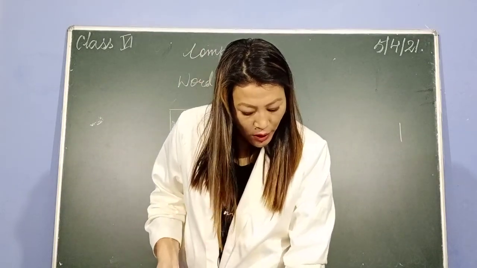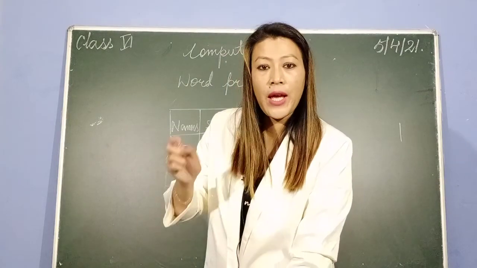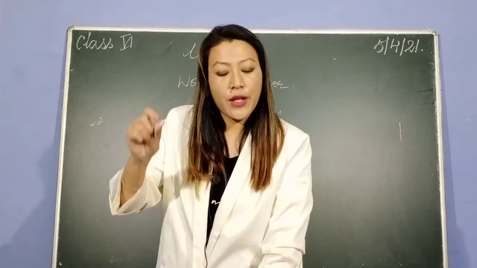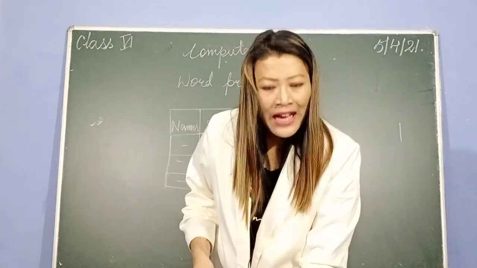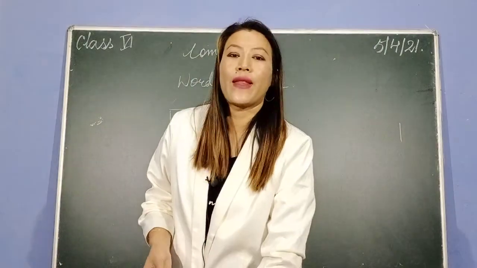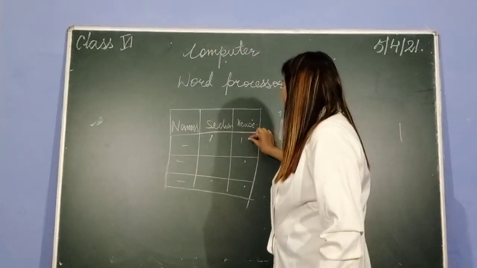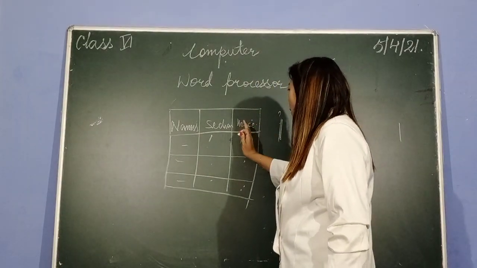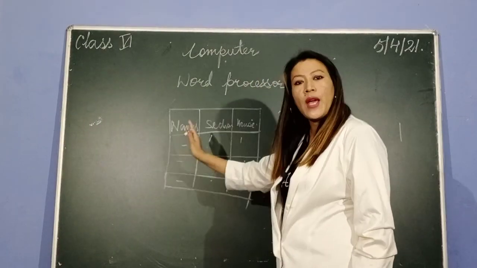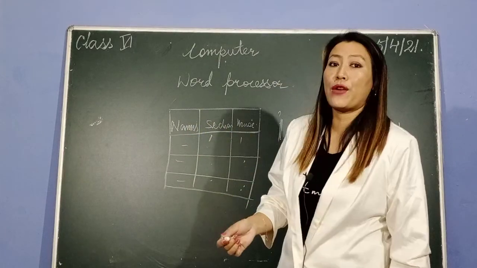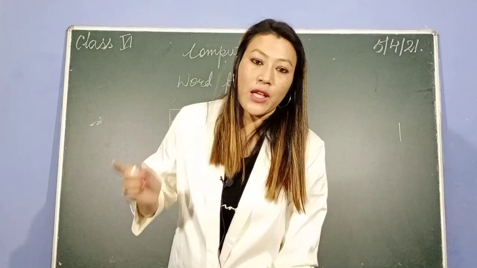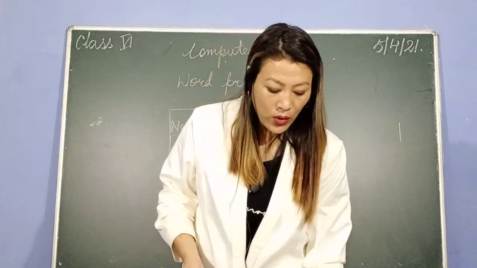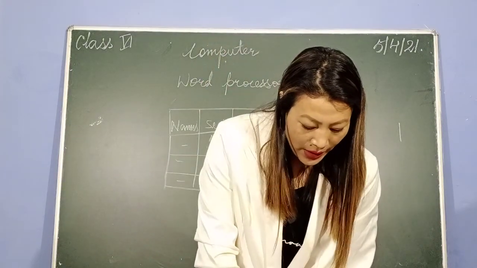The drop down menu with the table grid appears. From there you have to select the rows and the columns. So here 1, 2, 3, 4 rows and 1, 2, 3 columns. The number of columns is 3 and the number of rows is 4. You select the number of columns and rows, and click on insert. This way you get the table.